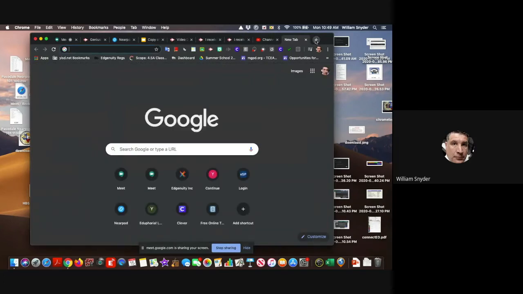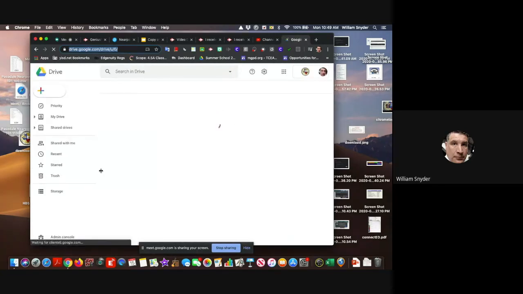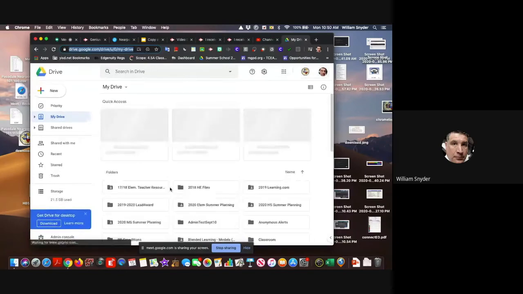Well, what you can do when you go into your Google Drive, you can actually download. And Misha's correct, I can download it to my computer and then re-upload it. So if I click into here, I'm going to go into my drive. And I'm having these issues, and my gut is telling me it's because we're doing the Meet at the same time. Yes. And if I go into my Screencastify folder here,